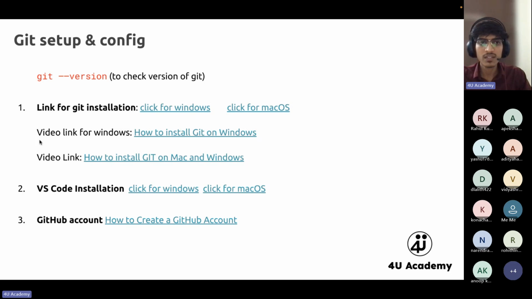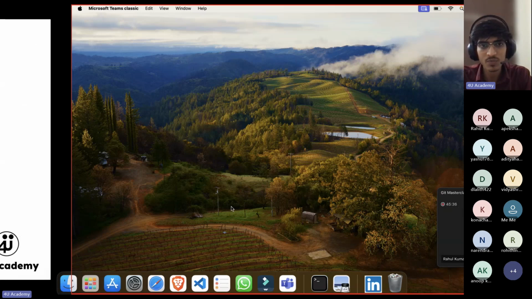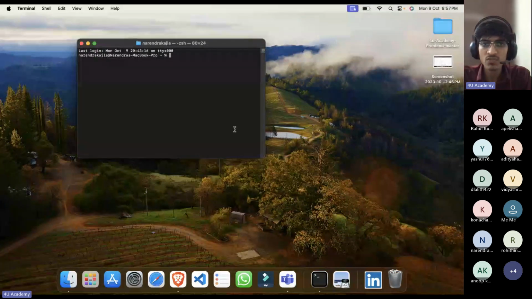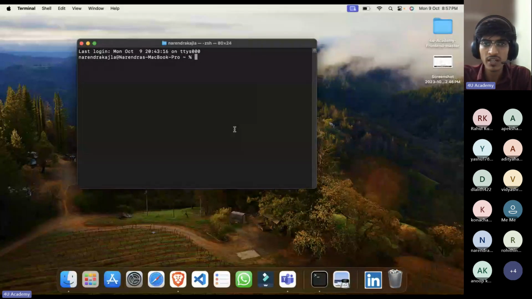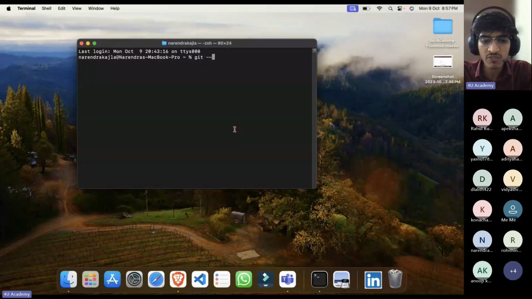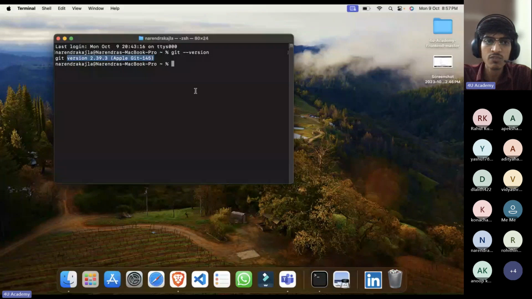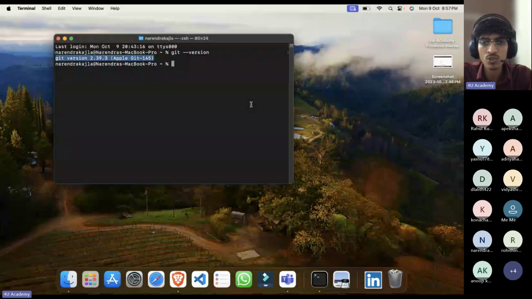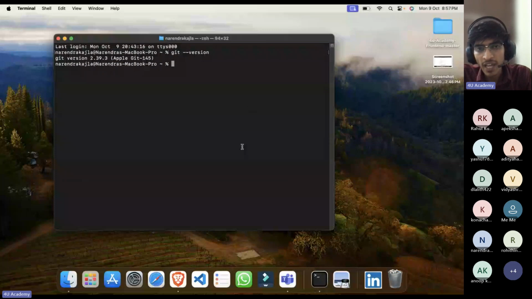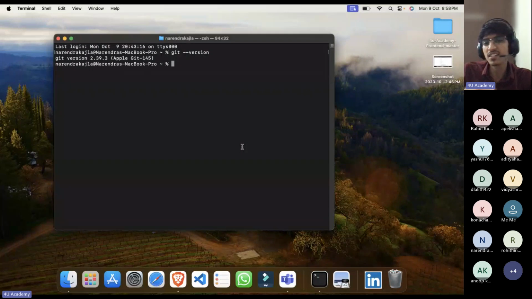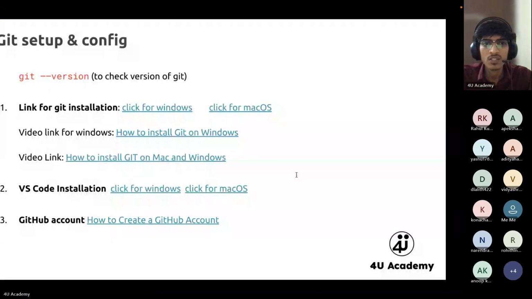So simply you need Git. Let me just quickly show this to you. In Mac, it is very easy. First you need to check whether you have Git or not, so git --version. I already have it. If you do not have it, it will not show you the version. So if you're a Mac user, you can just do brew install git. That will work. If you are not a Mac user, then it is very easy. You can download the setup, and you can just click next and install it. You have done it many times. So that is Git.